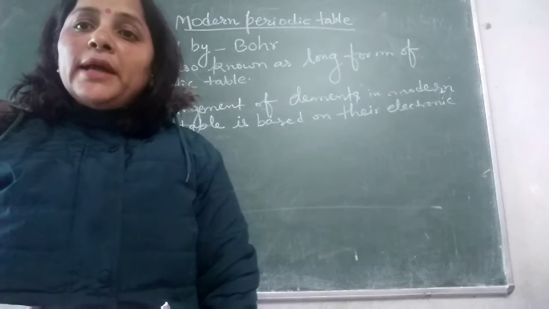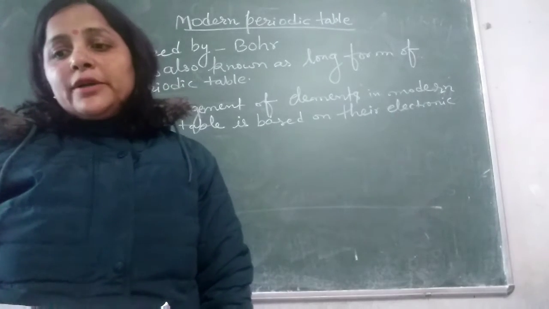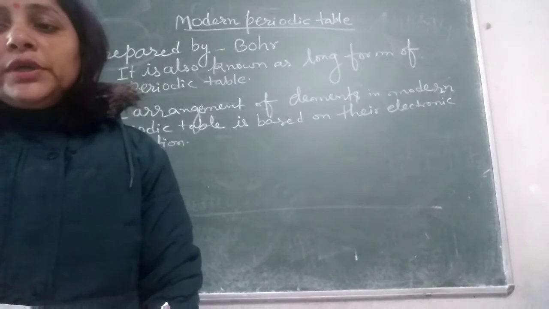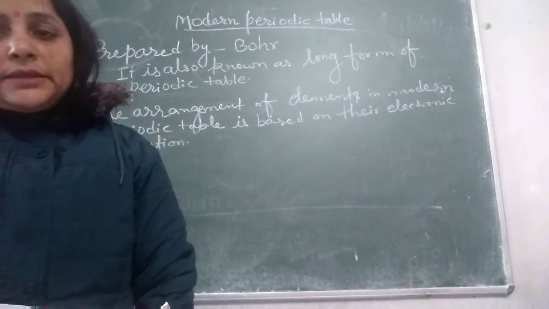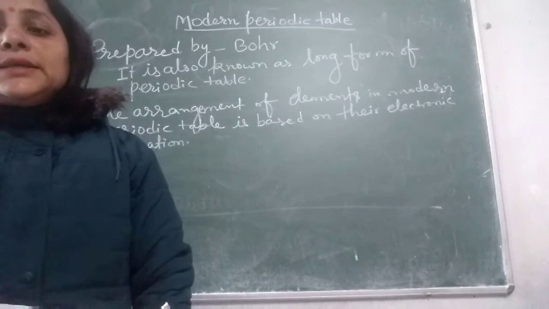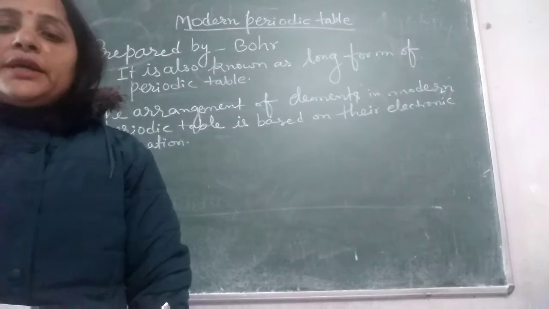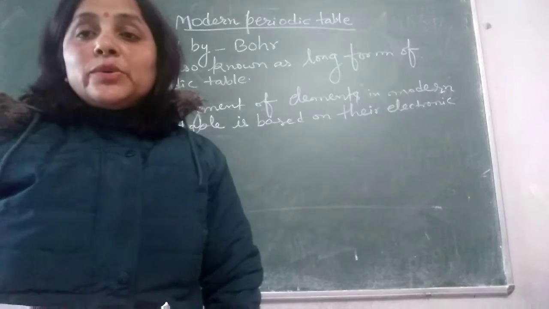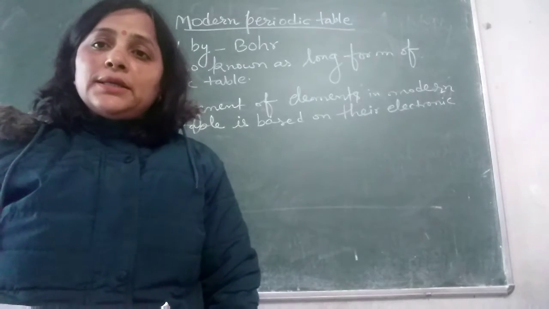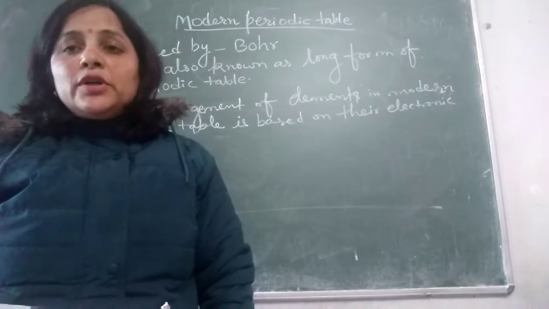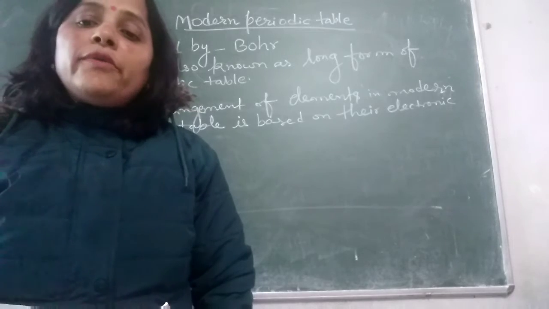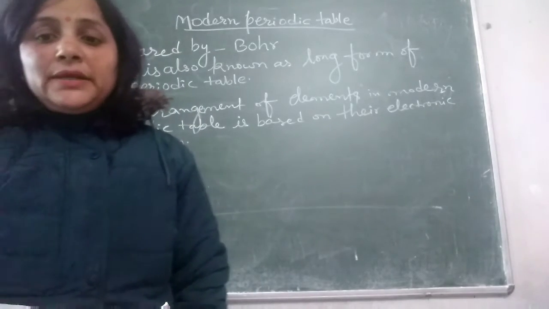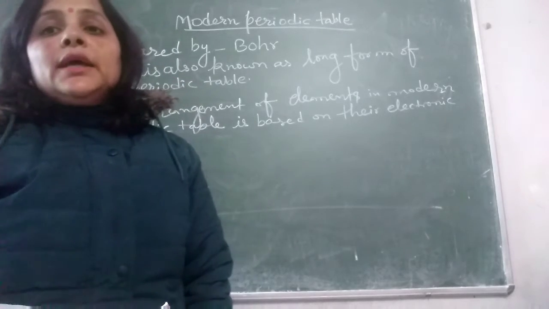Now, the significance of the atomic number. The significance of atomic number in the classification of elements is that, being equal to the number of electrons in an atom, it helps in arranging the elements according to their electronic configuration. On that basis, Moseley in 1913 showed that the atomic number of an element is a more fundamental property than the atomic mass, and hence atomic number is a better basis for the classification of elements.